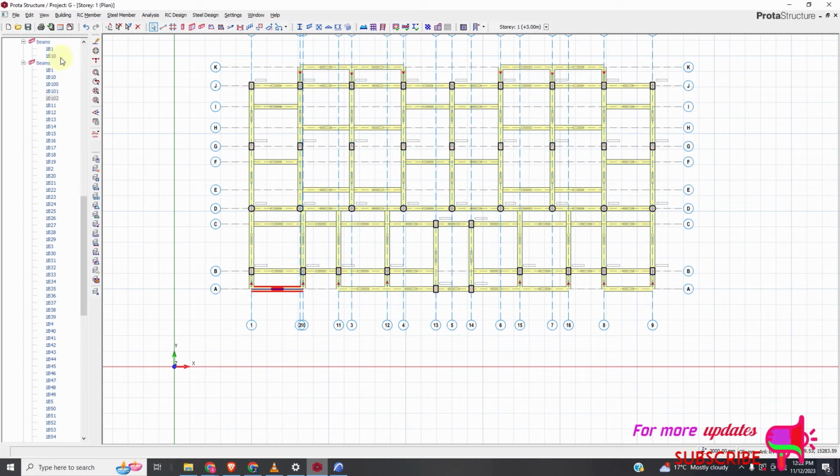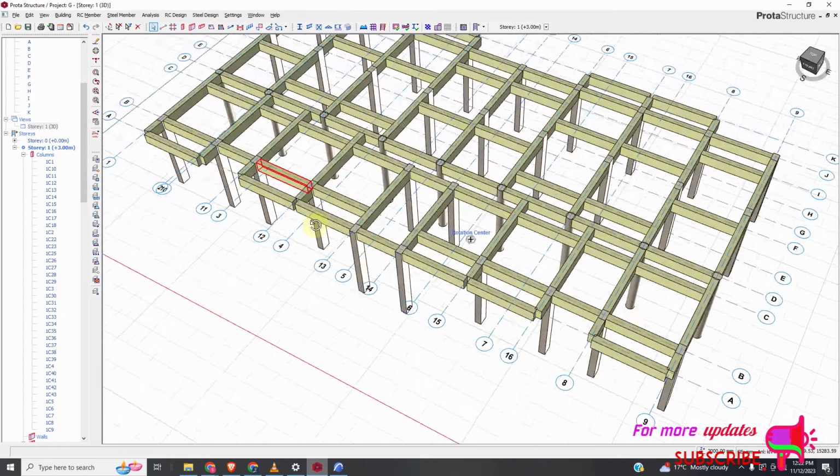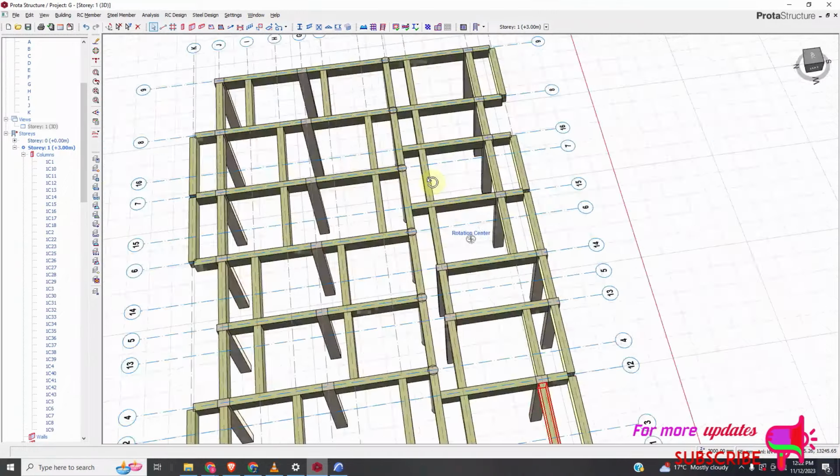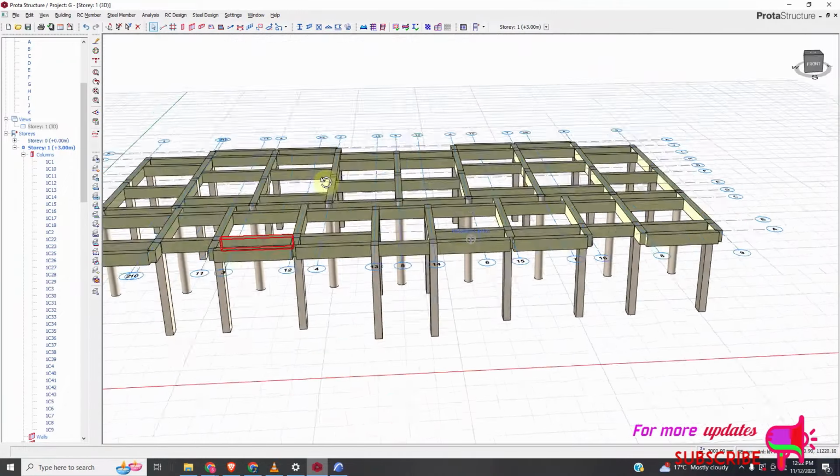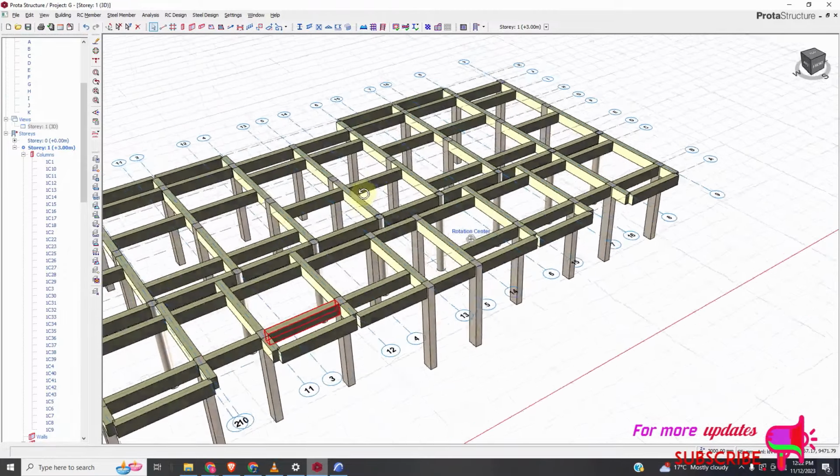So let's see our grading. So the grading looks like. So then I'm going to add slabs, and also it is important to note that